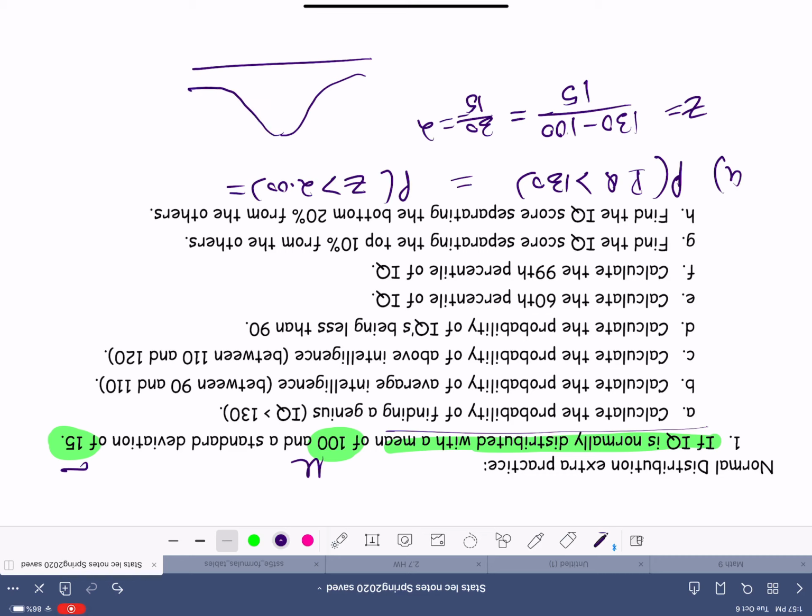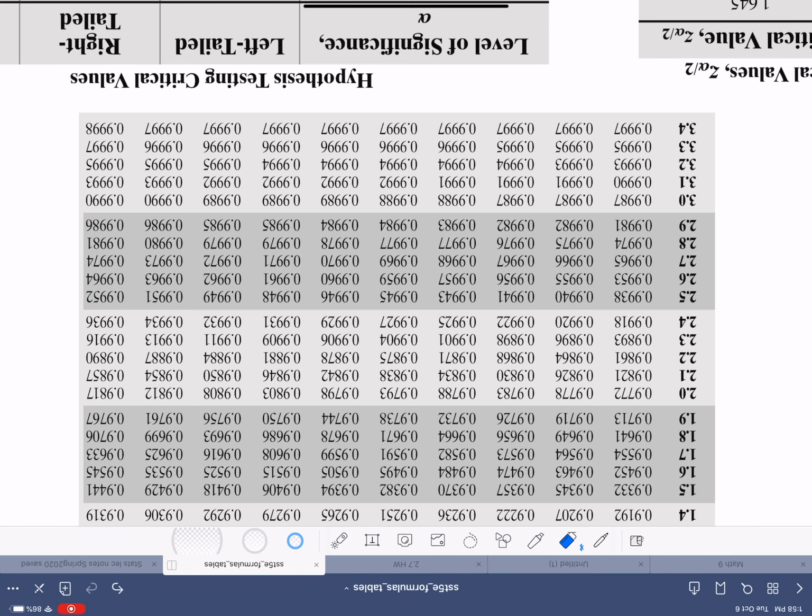But again, if you're using technology, your answer will be more accurate and your z-score will not be just 2 decimal places. It could be as many decimal places as your calculator or the computer software gives you. So the probability of z greater than 2.00, I'm estimating the z-score 2.00 is somewhere here. It's a positive z-score, and if we're looking for the area to its right, my table does not give me area to the right. Table actually gives me area to the left. So I'm going to look for 2.00,